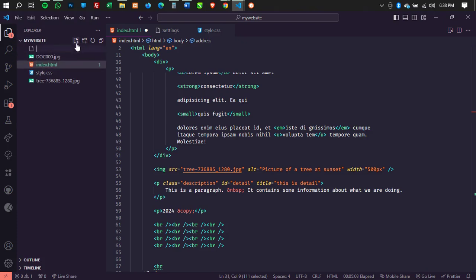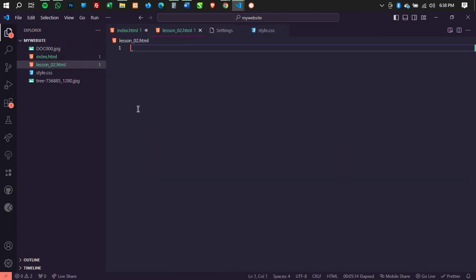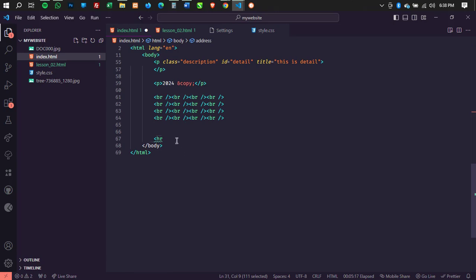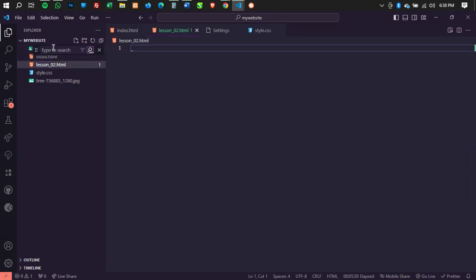a new file and call it lesson02.html. And then this brings my attention to one of the issues that I wanted to talk about. Now, when it comes to development, you want to make sure about your file naming. If you bring a space in naming your file, for example, let me say lesson two, right, lesson two is not going to be a problem.